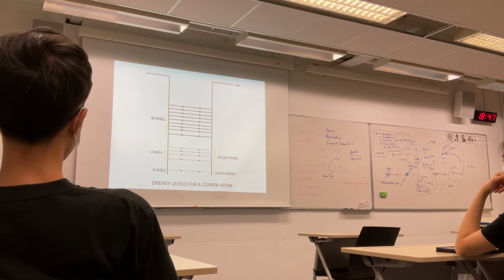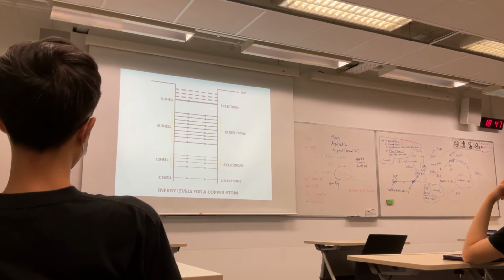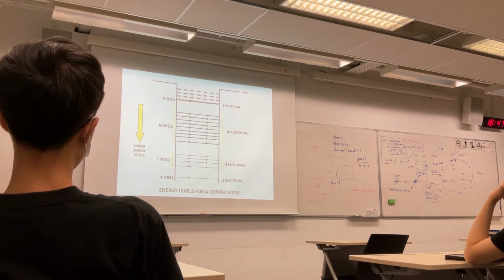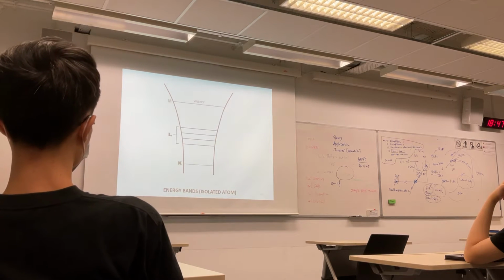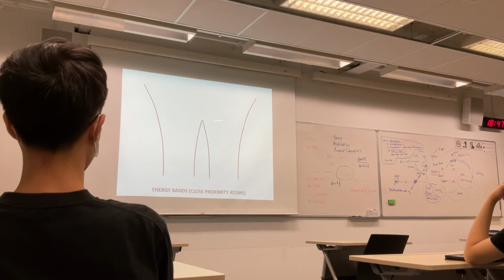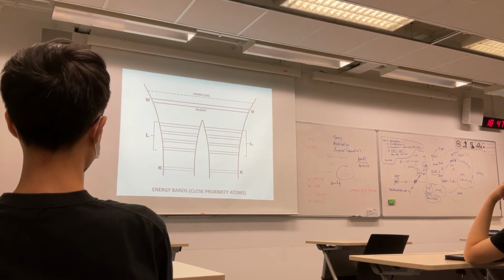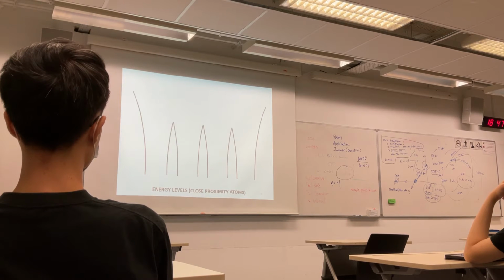So we take a copper atom. Of course, I don't ask you a question on this. This is just to let you know that these are very powerful theories. Copper has a lot of free electrons at that level, and that's why it becomes a conductor. Put two copper atoms in close proximity, they share the energy band, so the electron can move freely. Put many atoms together, this is what happens.